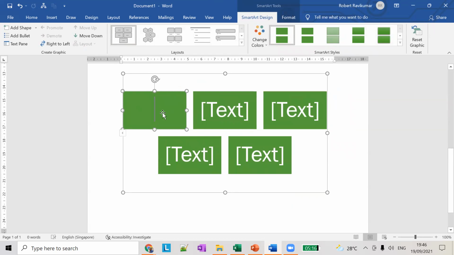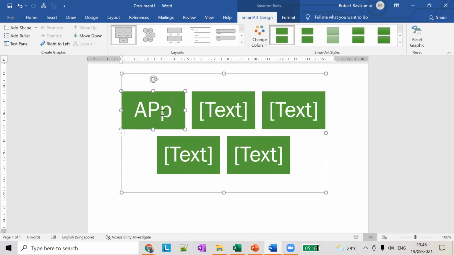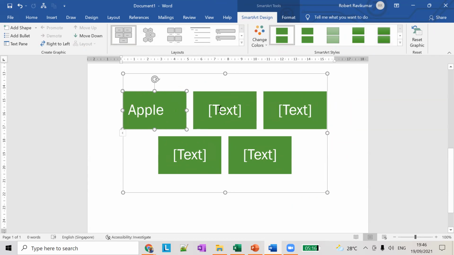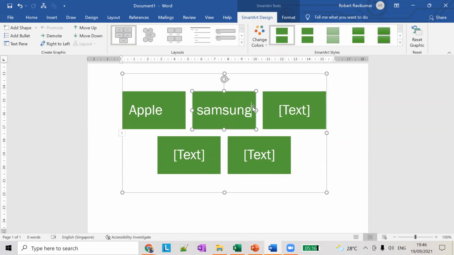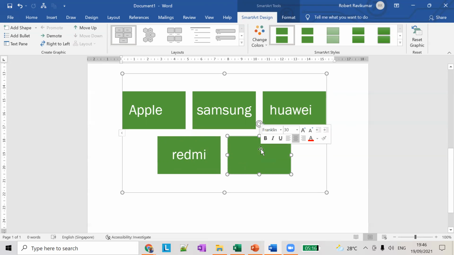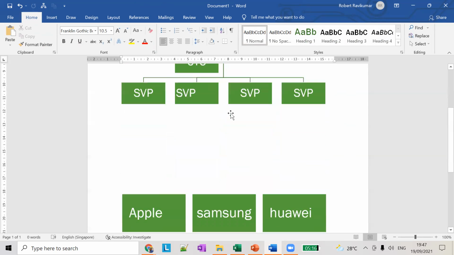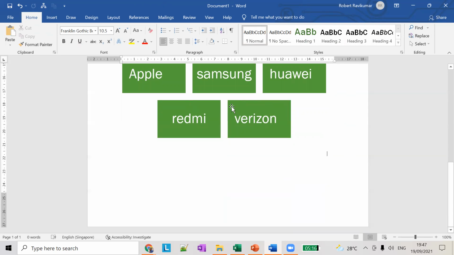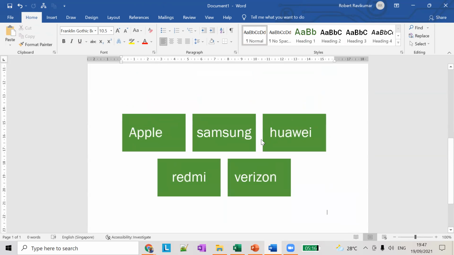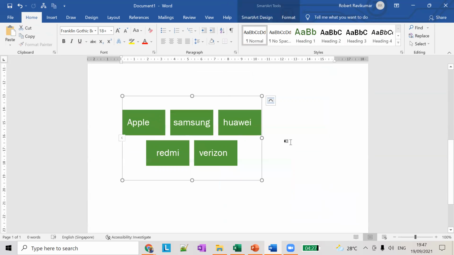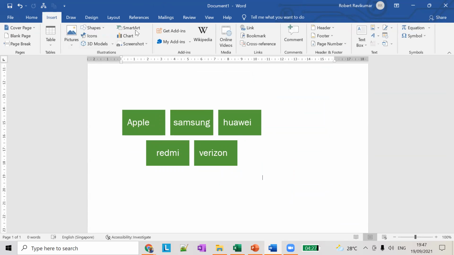So you can add Apple, Samsung, Huawei, Redmi, Ryzen. Okay, so like this, you can add other types of smart art also. This is one basic list of smart art. Okay, so you can see some other examples also.